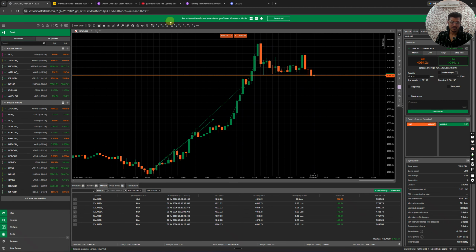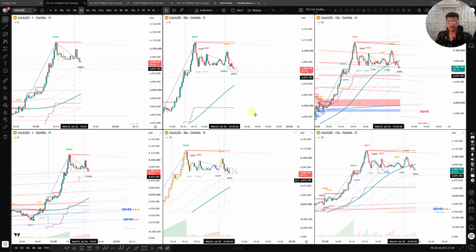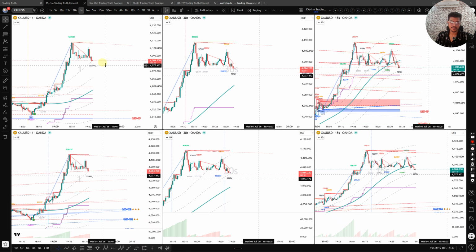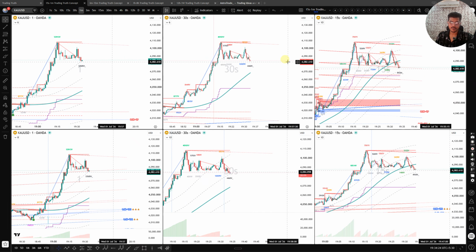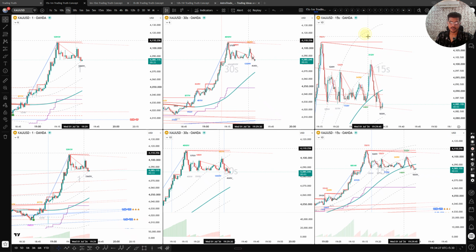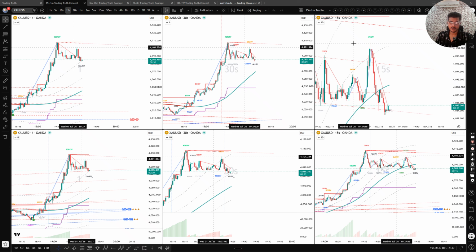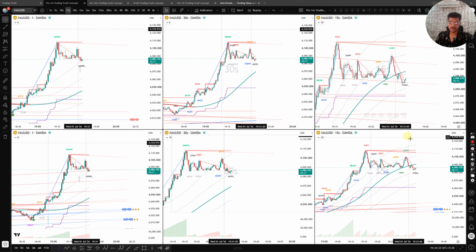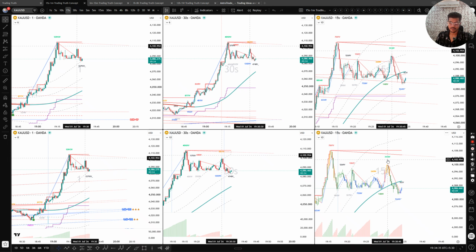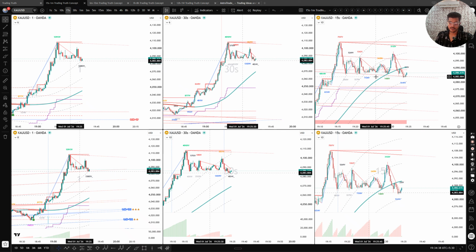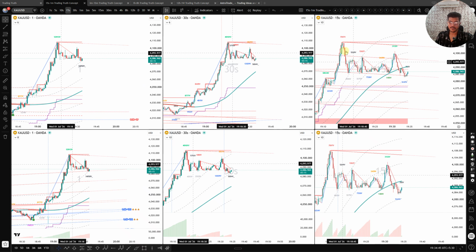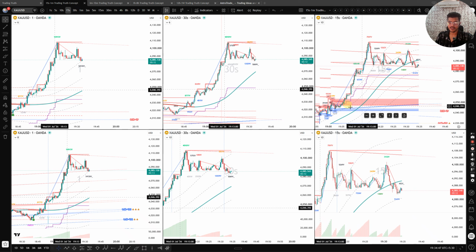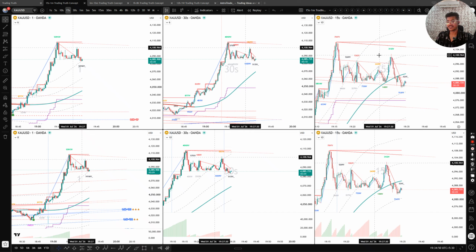So now it's actually making a distribution pattern. Let's see when this wave closes, what it makes. Pause. Because the down waves are increasing in size compared to the up waves. That's a telltale sign for a distribution pattern as well. Okay.